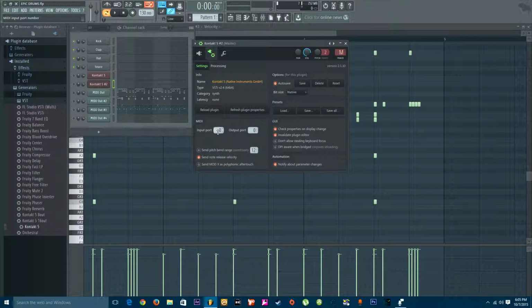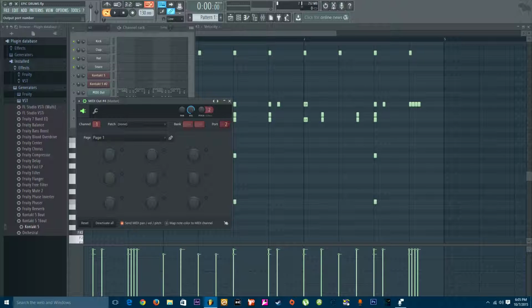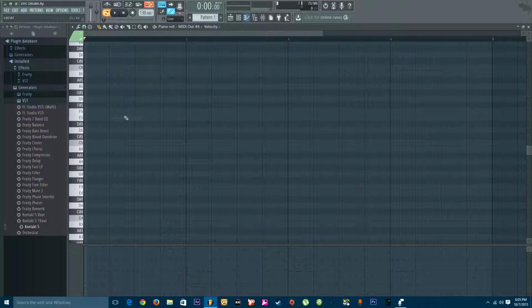Let's go to my settings. You can scrub through the video real quick. I'm just going to get these ports set up. I'll just do 2 and 2 just to be safe. I know I could go to 1, and I'll set this to 2. So now if I go to my MIDI,